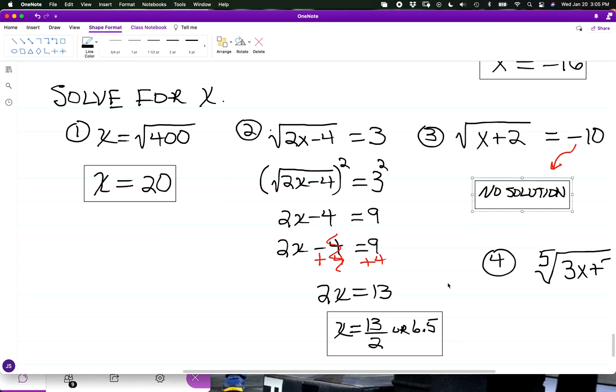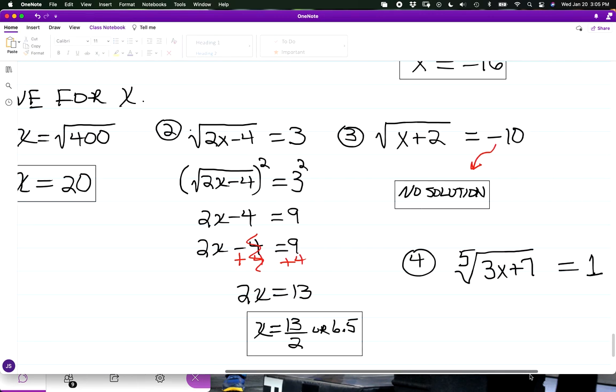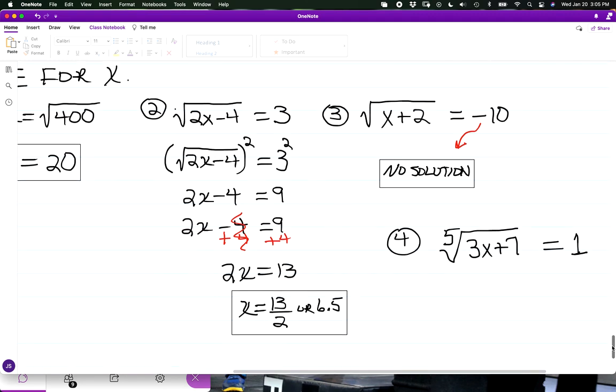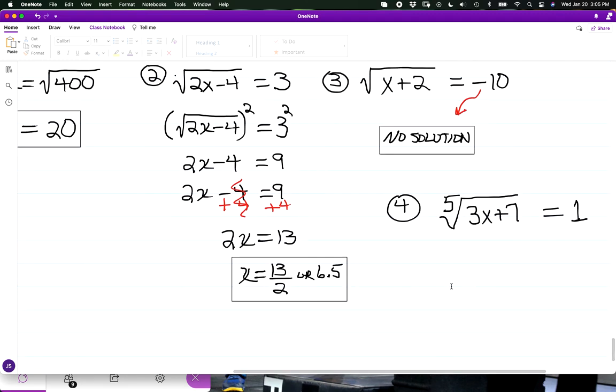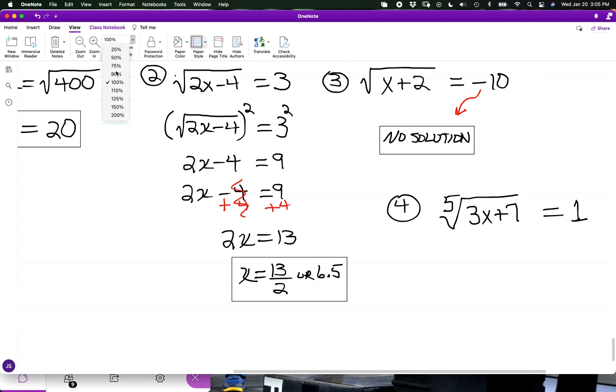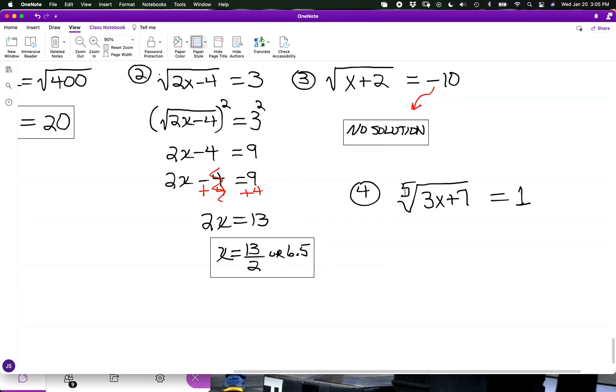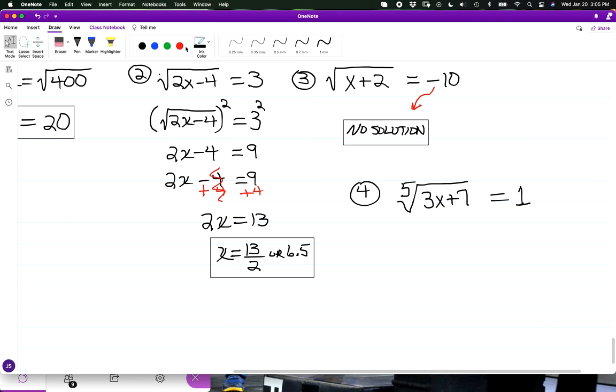Okay, and for the last of this particular set, we have the fifth root of 3x plus 7 equal to 1. Okay, and if I had negative 1 to the right, I could still work with this radical since this is an odd root. And now I can take care of the radical, again, by taking both sides and raising to the power that matches the index number of the radical. In this case, this will be 5. Okay, so if I take both sides and raise to the 5th power,